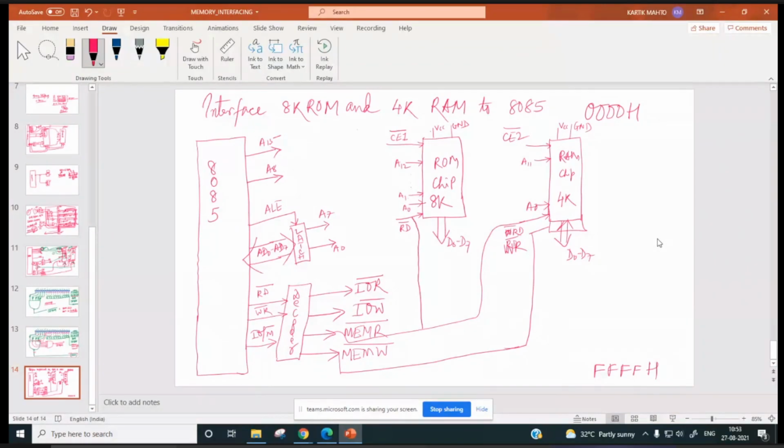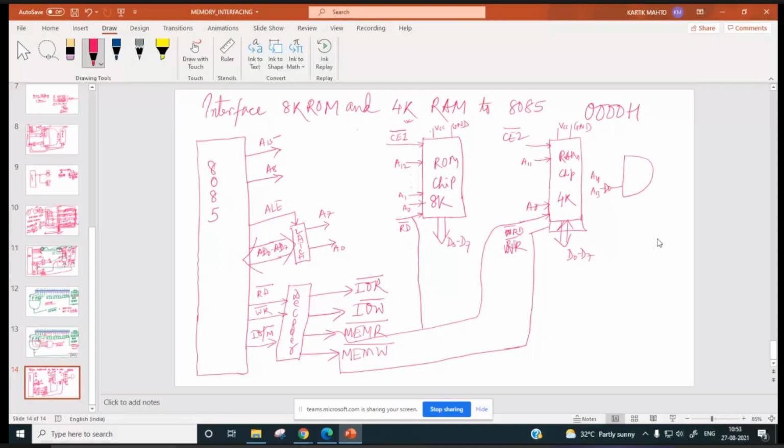Now this CE bar you have to show like this. CE bar over here. What will come in it? In CE bar, A13 will come. A13 will be inverted and it will be given over here.